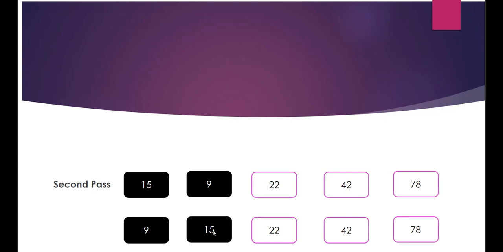Now in the next iteration, we are going to check the next two adjacent elements, the elements at position i equals 1 and i equals 2. But these two elements are already sorted, so we are going to check the next two elements, means the elements at position i equals 2 and i equals 3. But we can see these two elements are also sorted, so now we are going to check these last two elements. These two elements are also sorted. Now we are at the end of the array. In short, we are done with our second pass also. Here we can see the array got sorted.